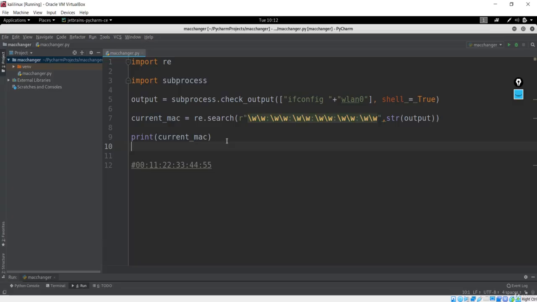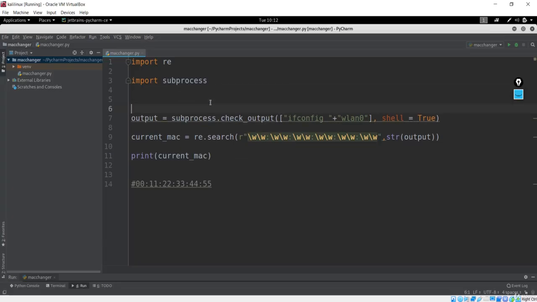Before that, you could see this code is basically in a single line, and this doesn't make for perfect code because it is not inside a structured block. That means this is a bunch of very dirty coding. So first of all, we will make a function that is going to do this for us. I'll make this current_mac function, and this function is going to return these MAC addresses.